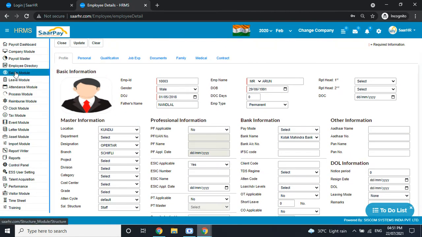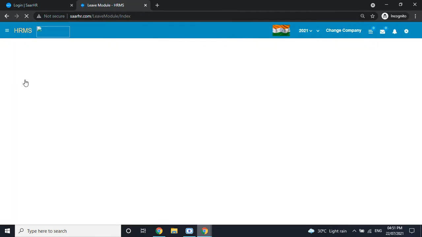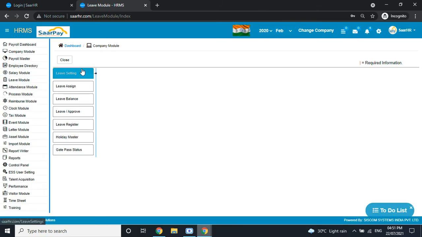His salary structure you can upload, and we are making multiple types of leave policies. As per the company policy, you can set up the leave, assign the leaves, and check leave balance. If you are not providing the employee right or supervisor right, HR can manually apply a leave from there. Holidays you can manage from there. Gate pass option is also there, attendance and reimbursement options are also there.